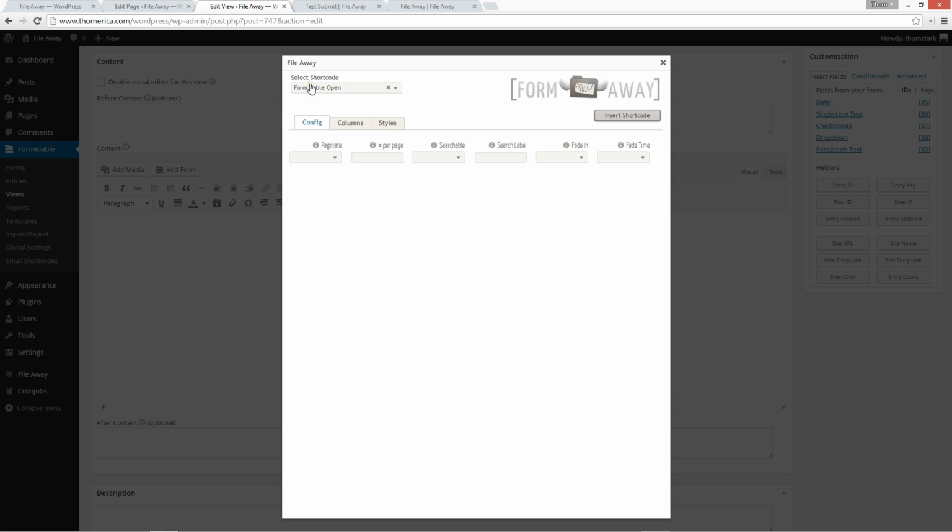So we're on form table open, and we're going to choose whether or not to paginate the table, and we will. And by default, it'll show 15 per page. So if there's less than 15 entries, it won't show pagination. If there's more, but we're going to set it to 3 because I have 4 entries, so we'll show you